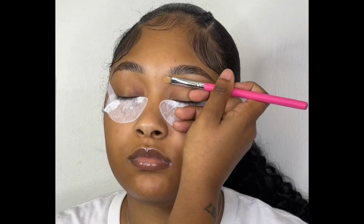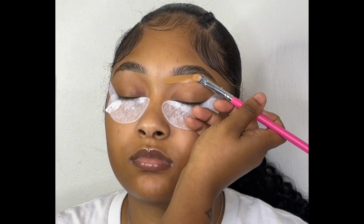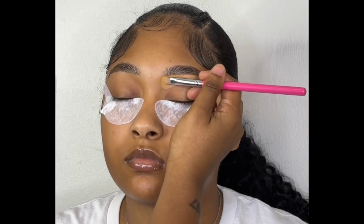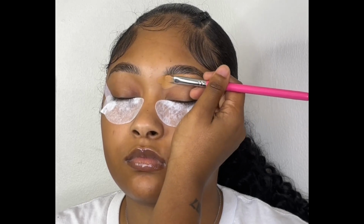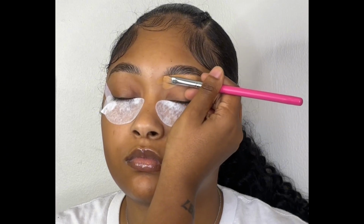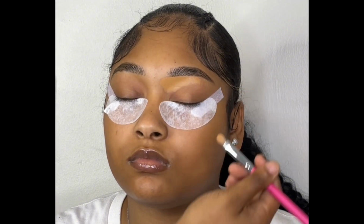So I'm going to go through and conceal her brows. Y'all know I do a two-step brow, so I like to do a darker concealer in the front and then a lighter concealer on the tail of her eyebrow. I know on the tail I use warm beige. I'm going to guess I use butterscotch in the front of her eyebrows because I use the same colors every time. So I'm pretty sure this is butterscotch, but I'm going to take this and just line her brow